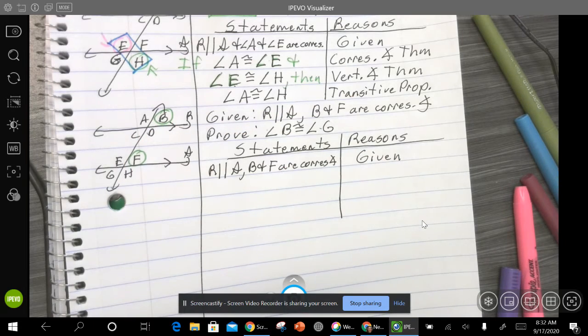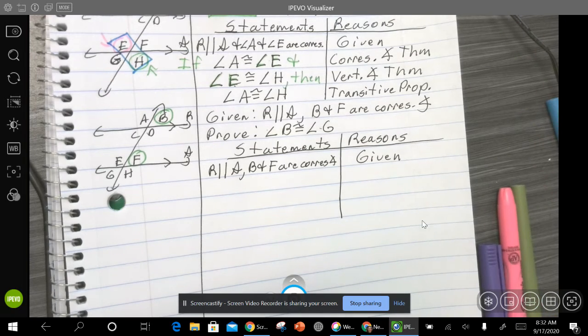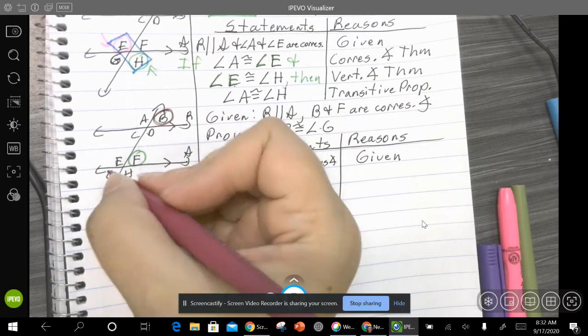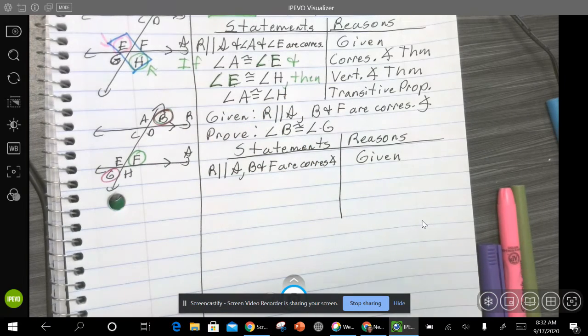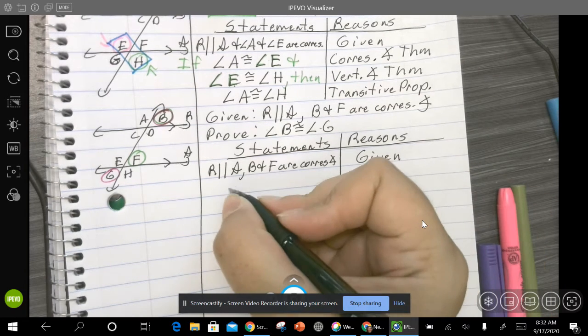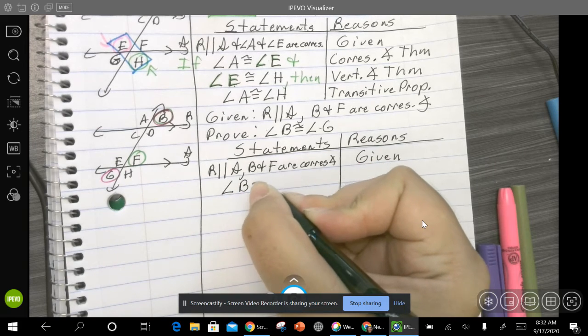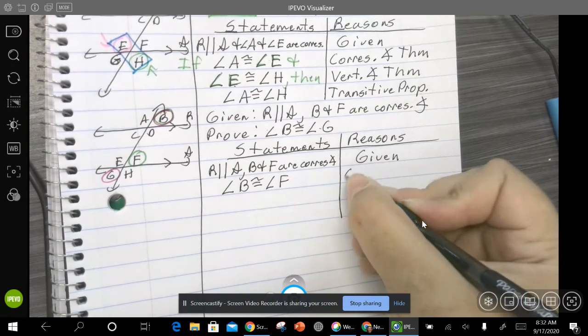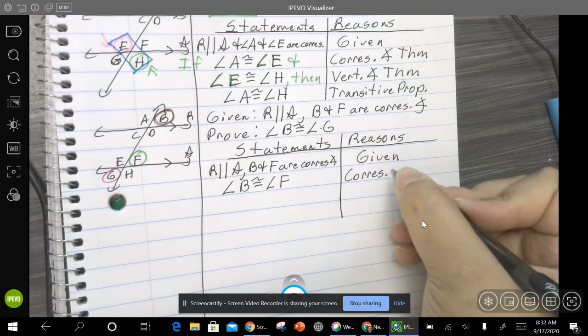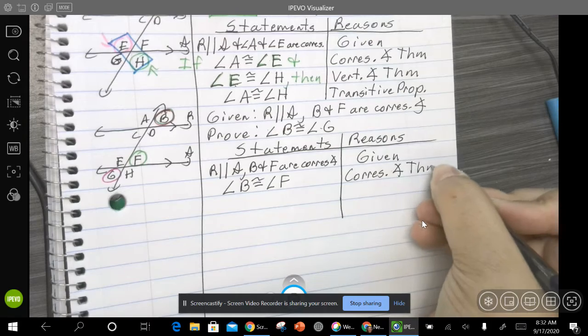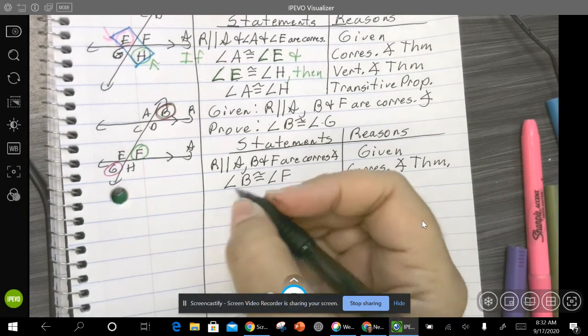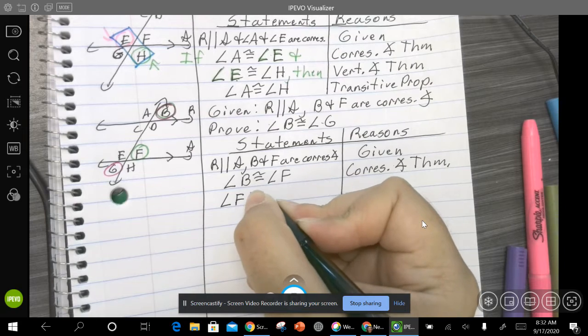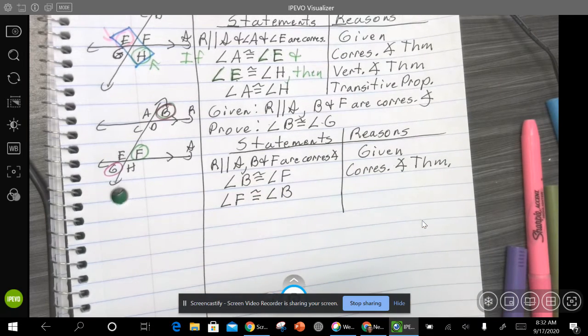Okay, so then that means that we need to eventually get to that B and G. Okay, so we need to prove that they are congruent. Okay, so given that, since angle B is congruent to angle F because they are corresponding angles, we know they're congruent by our corresponding angle congruence theorem. Okay, angle F is congruent to angle B. Okay, and that's because they are